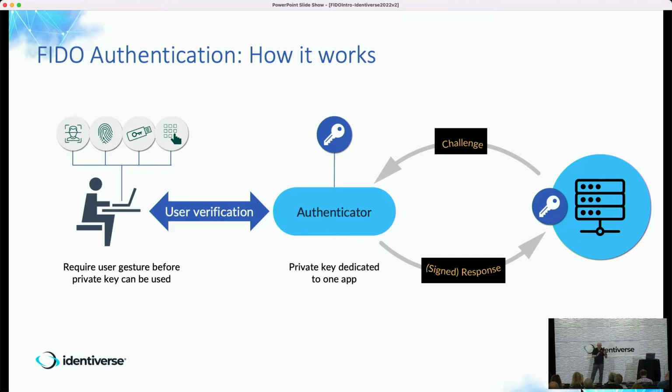So what we have is a much simpler way of doing it. Instead of typing in passwords and such, we have these very simple gestures that a user can perform. And we don't have to worry about the open text and phishability and breach aspects of passwords.